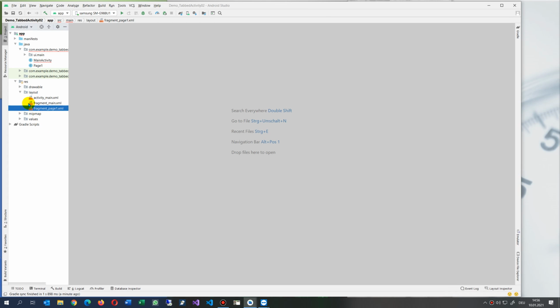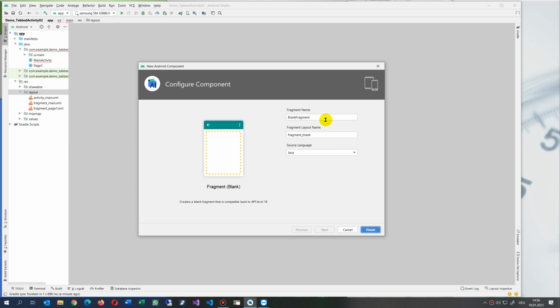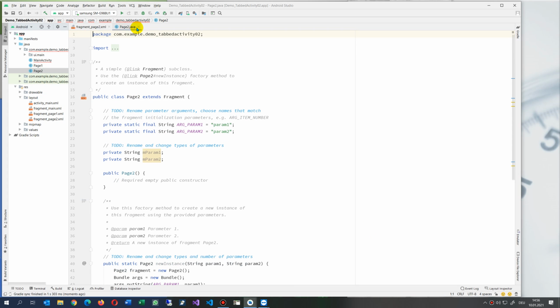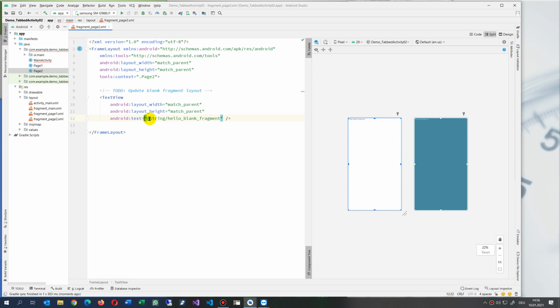Now we close this again, and now we say we need 2 pages, sub pages, fragments. We say we need a second. So this is our page 2, for example, and let's also make a page 3. Now that's our Java page 2. We go in here, say split mode. We say here this is my page 2,